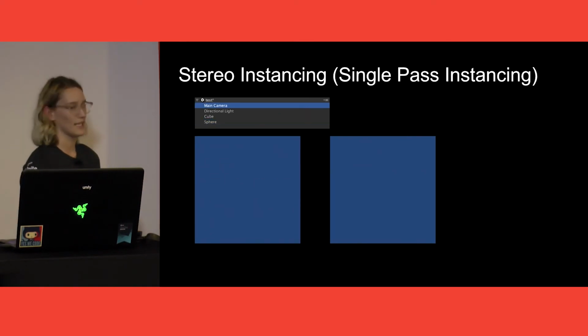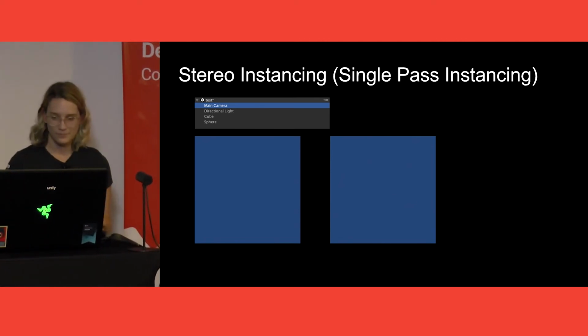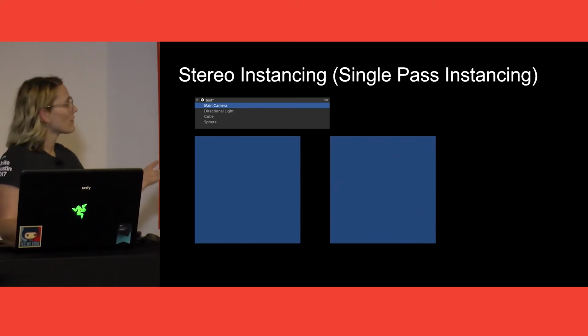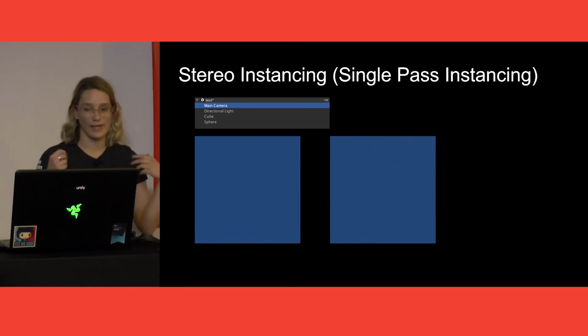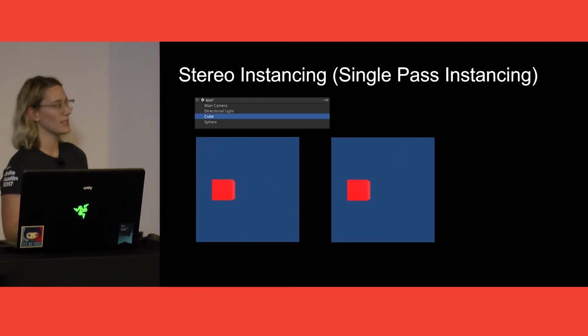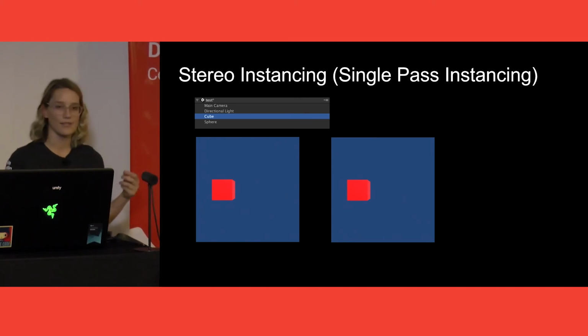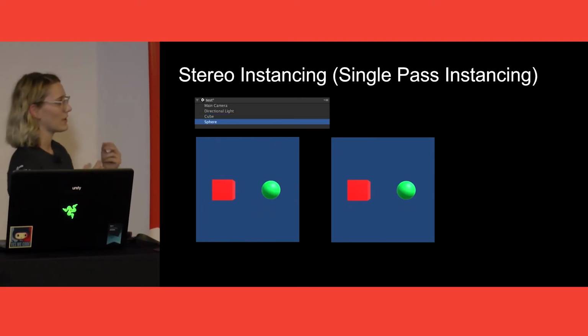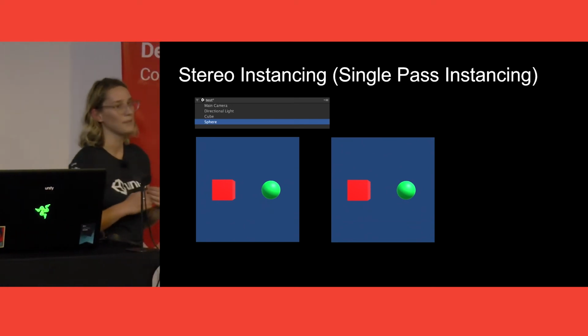And now stereo instancing, which can also be referred to as single pass instancing. This is a brand new feature that was just released in 2017.2. When we're going through this, we're going to start with both textures for the right and left eye at once. That's why it's called an instance draw. Then we're going to go through our scene graph and do an instance draw where we draw the cube in the right and the left eye at the same time, and then we're going to draw the sphere in the right and the left eye at the same time. So we're doing the same amount of work, but in a lot fewer steps, so this is a lot more efficient.